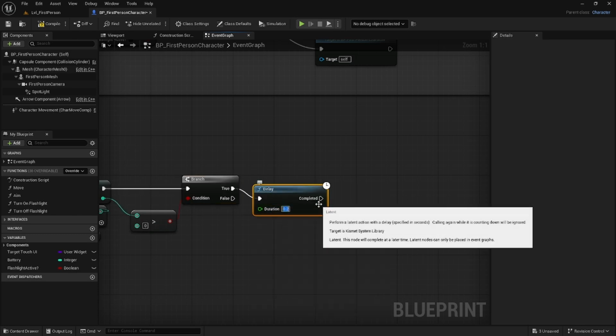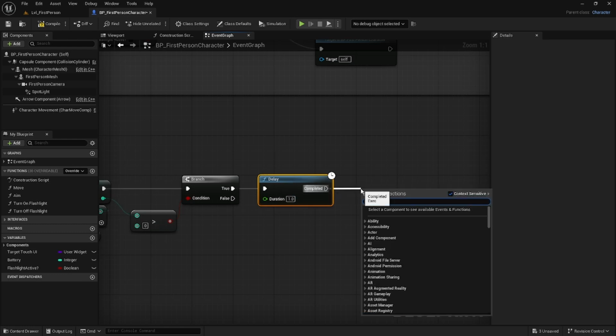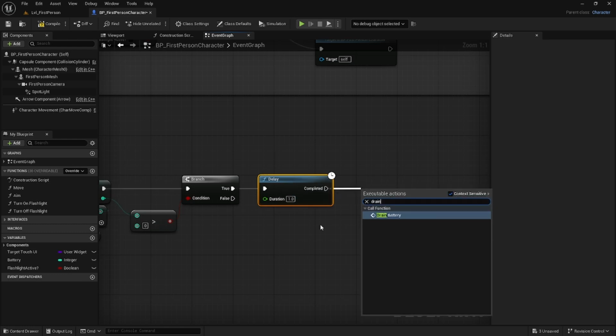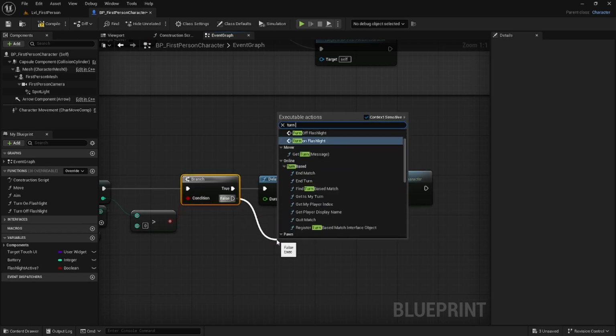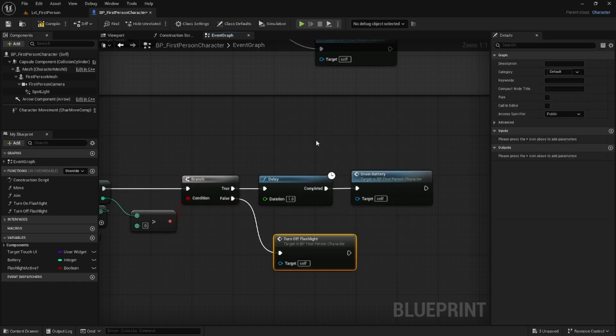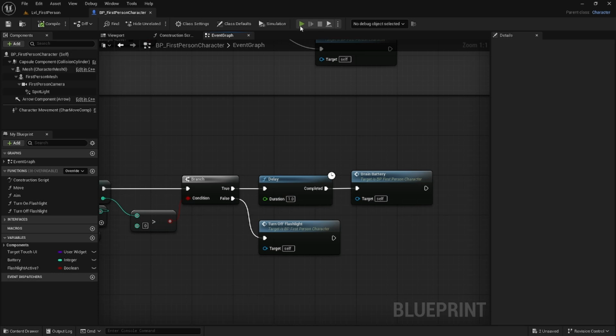And we'll make that delay 1 second. And then from that delay, we will call the drain battery custom event. From the false, we'll drag down here and we will call our turn off flashlight function that we created. Compile and save. Now if we come in and test this,